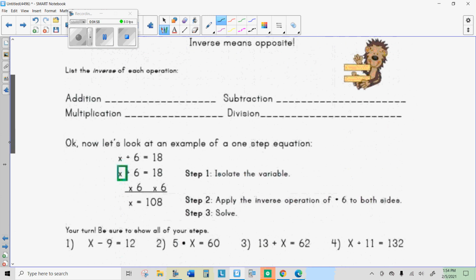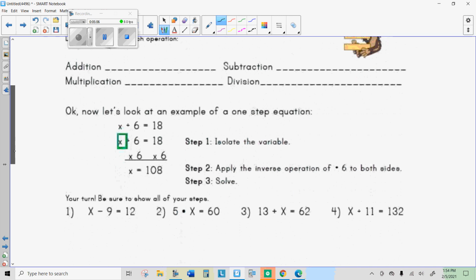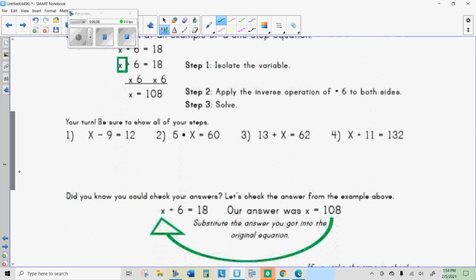All right, and we're going to use the inverse to get rid of that amount by the variable. So you're going to look at this equation right here, and you're going to say, well, I want to know what x is, so that means I want to get rid of the minus 9. And the way you're going to get rid of the minus 9 is, and so don't even think about the answer at first. But the idea here is that whatever you do to one side, you're going to do to